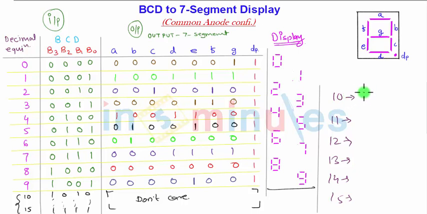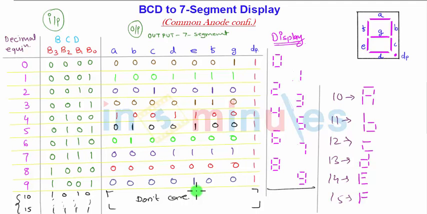You can show A as this, this is A, this is small b. In such a way you can complete C, or you can use the small c. This is D, E, and finally F. So this is how you can use the 10 to 15 outputs and convert hex to 7 segment display. So the hex number will be displayed.